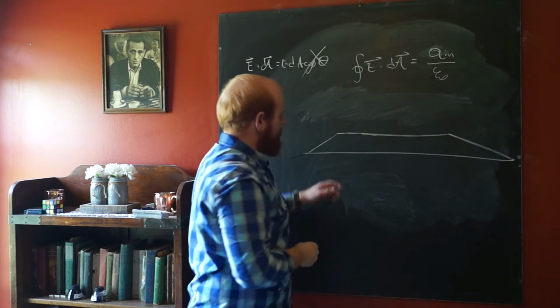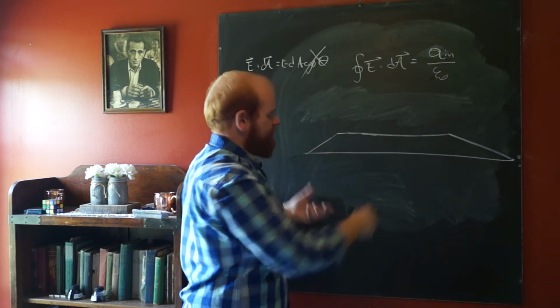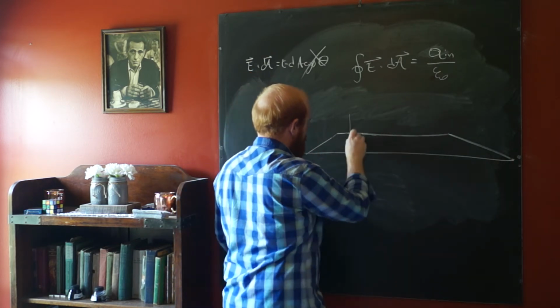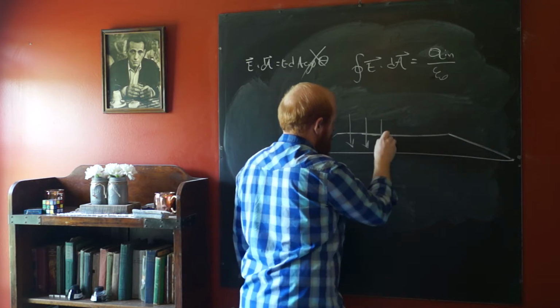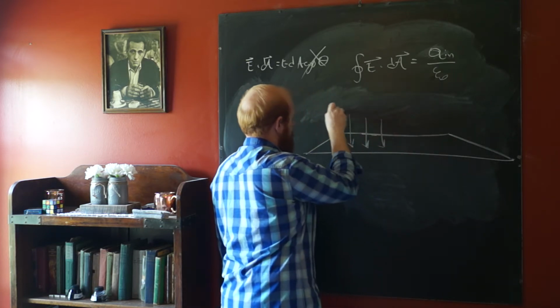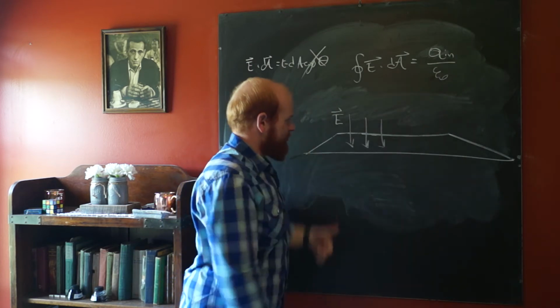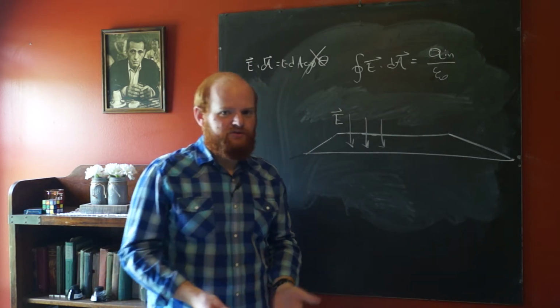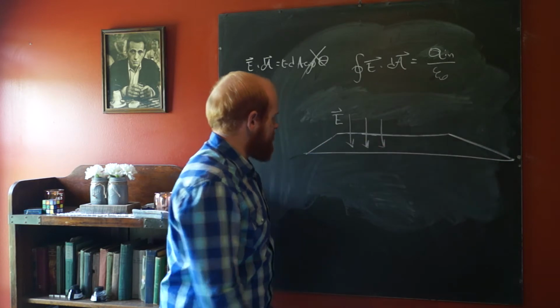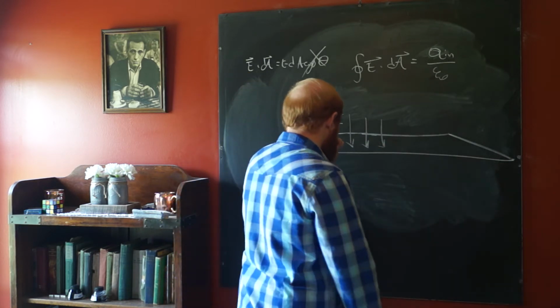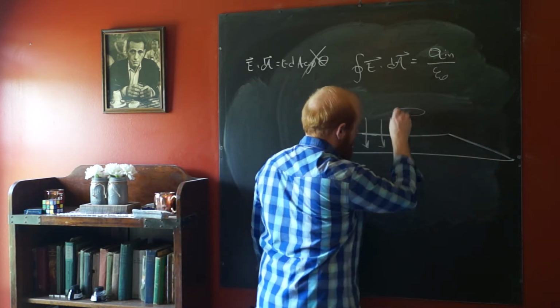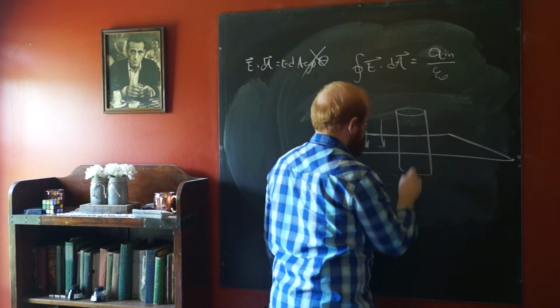The first thing we're going to note is, because it's a very large plane, the electric field vectors are all going to point perpendicular to it. I'm also giving away the fact that the electric field vectors point down, but it has a negative charge distribution on it, so a positive charge would be attracted to it. So, the Gaussian surface that we want to draw